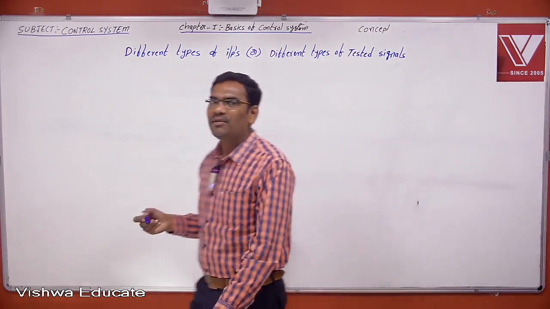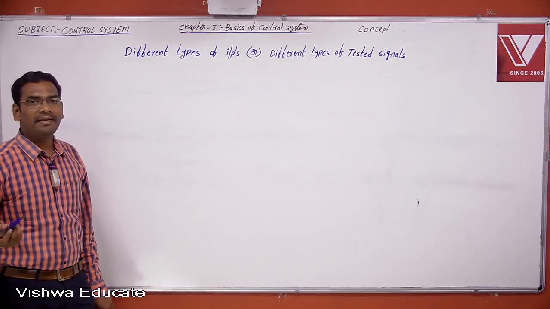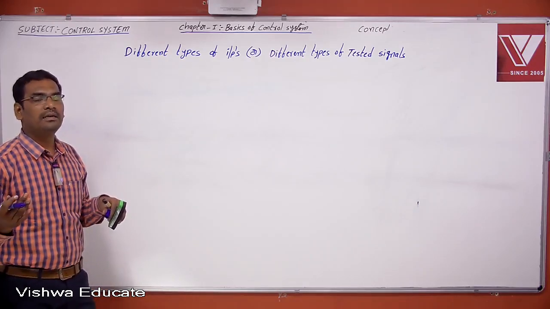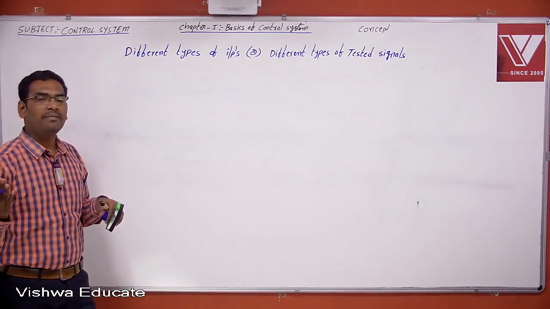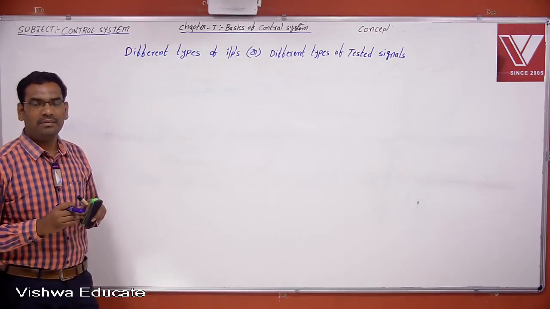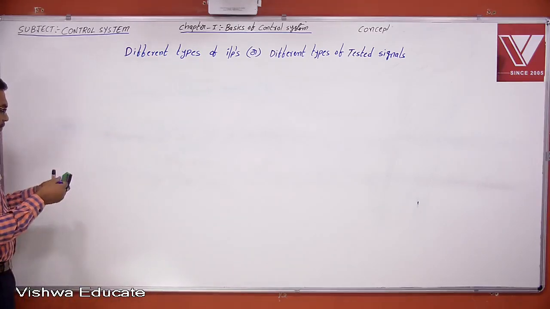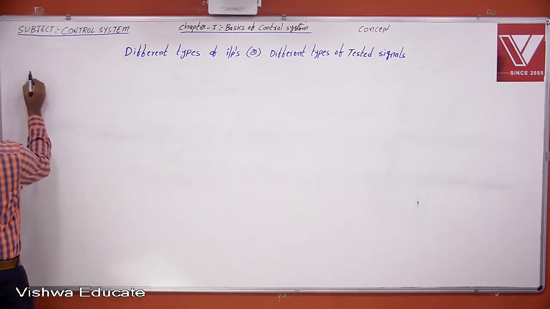Now, what are the different types of inputs available? What are the theoretical, what are the practical inputs available? First, if I know that, then I want to apply them to the system and see the response, and from the response, we will decide the system stability. Now, so different types of inputs. In that category, first one is